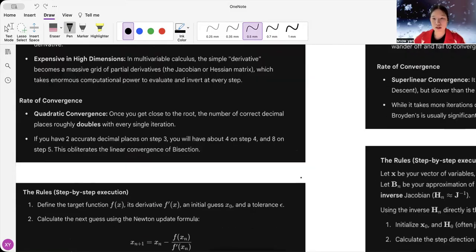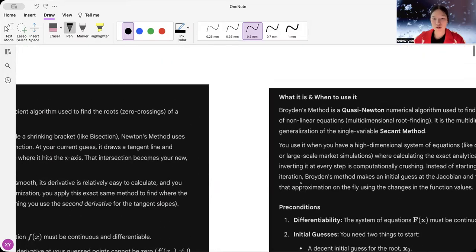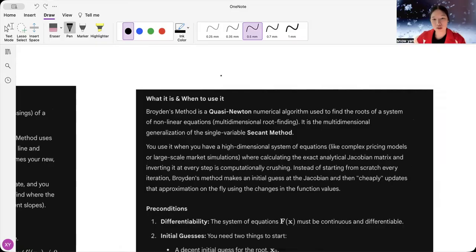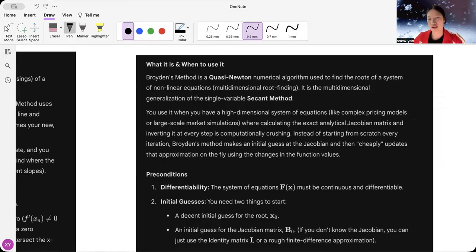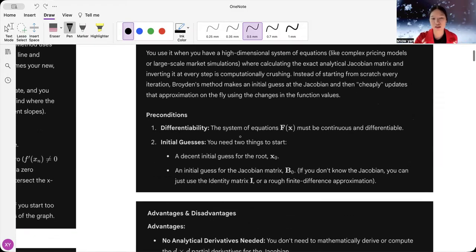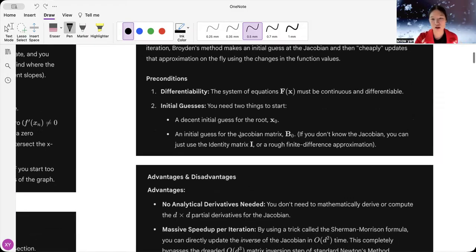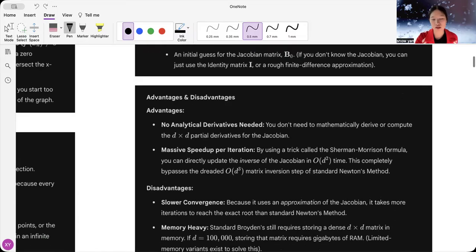And then the next one is, what is the next algorithm? Broyden's method. It's a quasi-Newton method for solving nonlinear equations. You can think of it as an extension of the secant method, the more general version. What it does is avoid having to calculate the exact Jacobian, and instead builds up an approximation as it goes along. So we have an initial guess, and then you don't have to